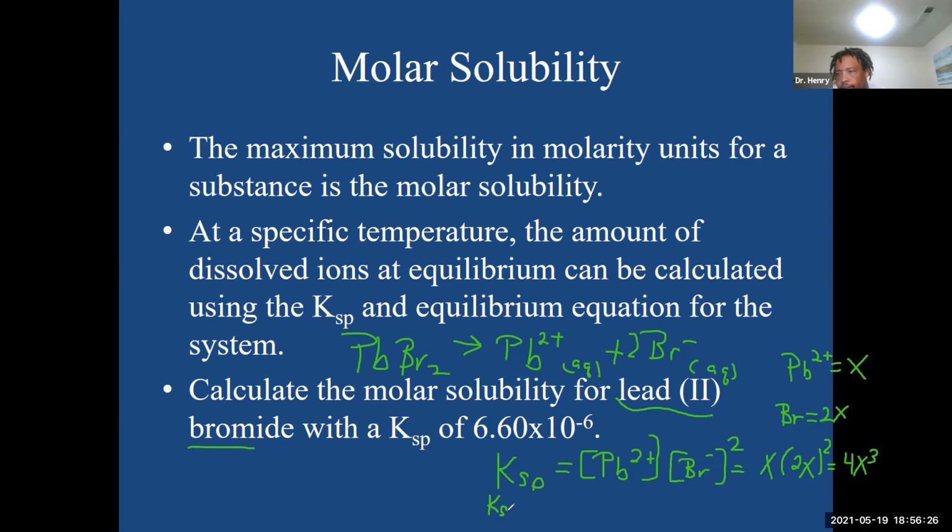And that's going to equal our value, KSP, which is 6.60 times 10 to the minus 6, equals 4X cubed. So then X is going to equal